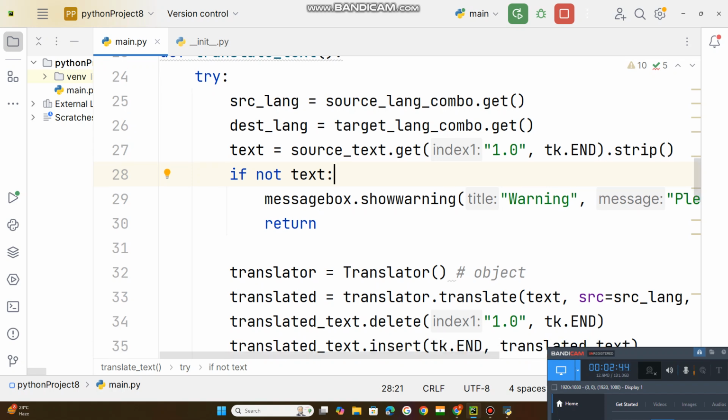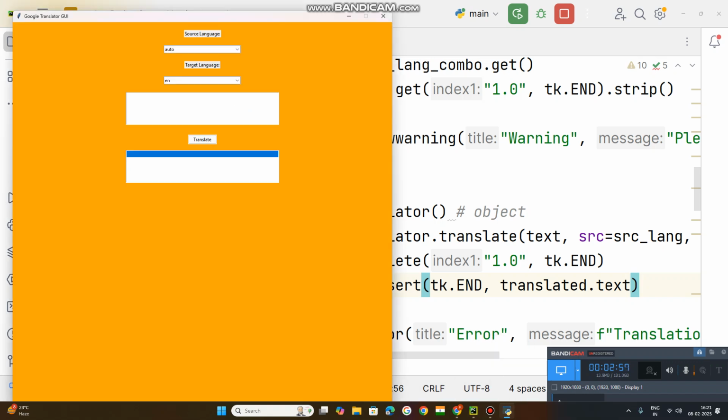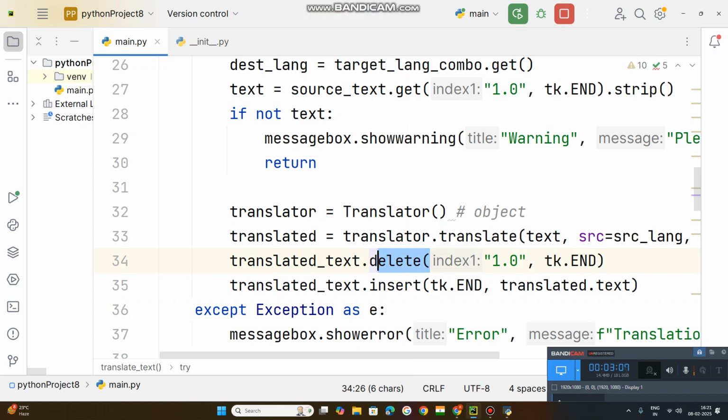Okay, now come to the point. Next, what? Next, these two lines of code indicate that inside the output box, if there is any text, it will be deleted. Okay, so before conversion it will be deleted. Okay, this is called the delete method. So 1.0, from the first line, 0 character to the end of the total text will be deleted, and new text will be inserted. So next time of translation, the old text will be deleted and new text will be inserted